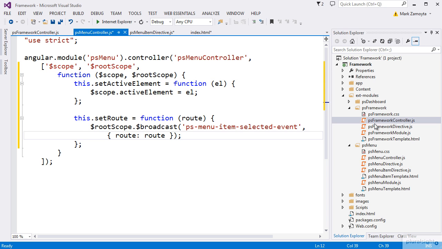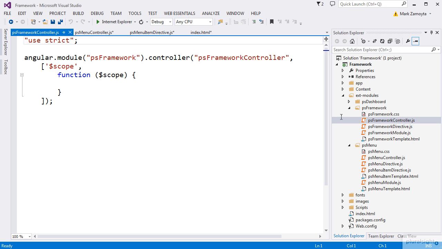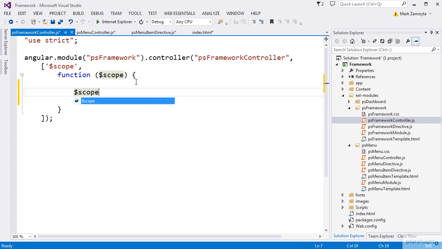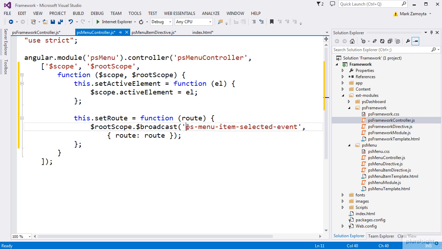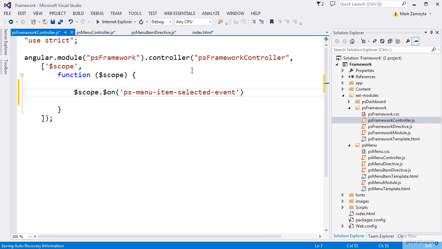Let's take a look at our PS framework controller.js file. We can start adding code here. Let's take a look at our scope and call the on function. And we want to listen to that message saying an item was selected. So to be safe, we'll just copy and paste it. So we'll listen to that message, and when we receive it, we'll call a function that gets passed the event